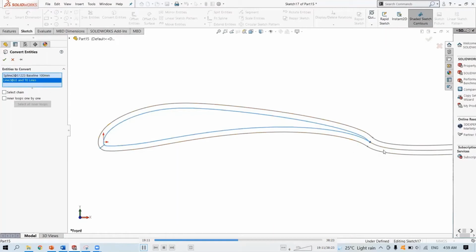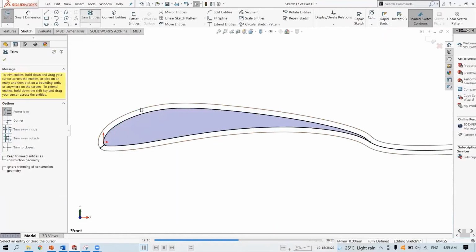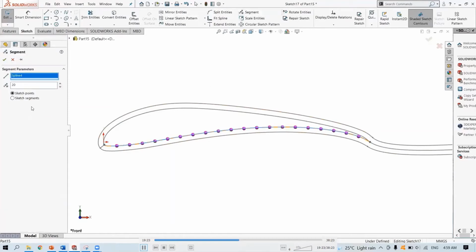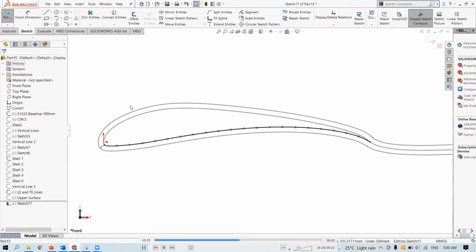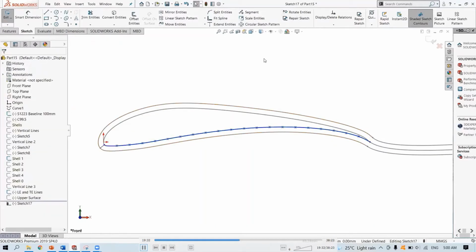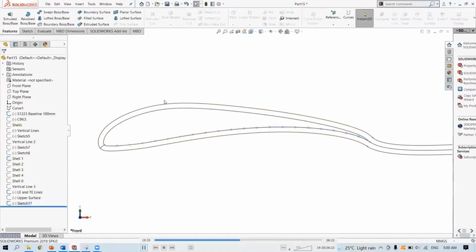Trim the top part off as well as the lines. There you go. Now you have the lower surface. Whatever you did for the top part, you do the same thing for the lower surface. Now both of them have 20 dots, and that's it.